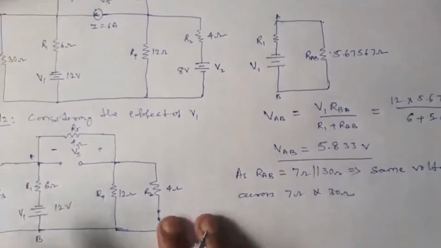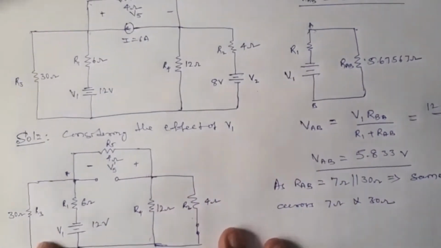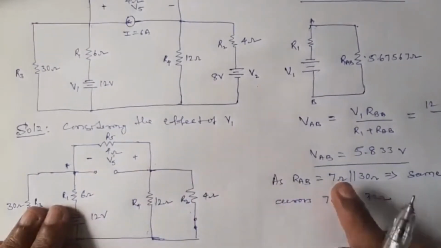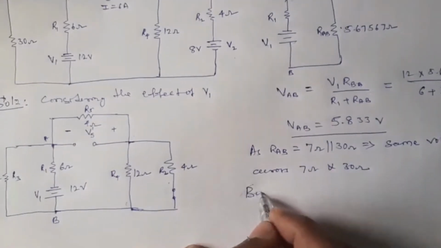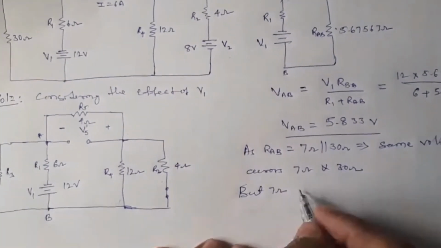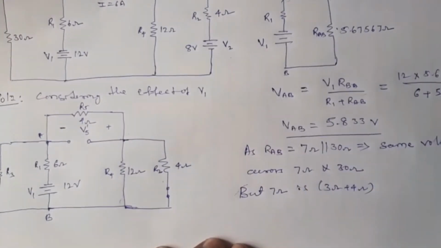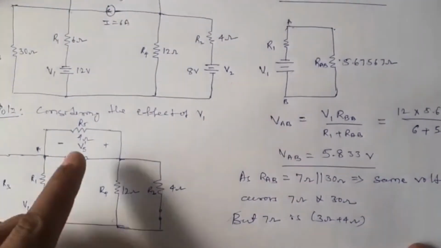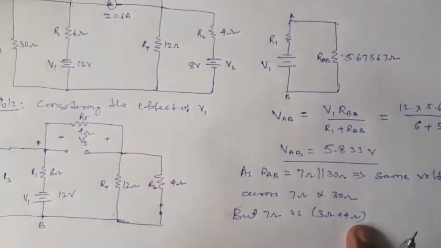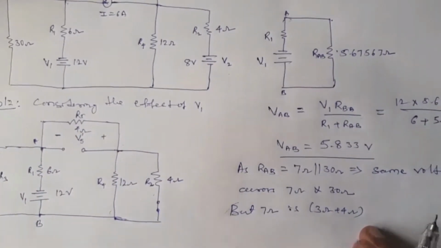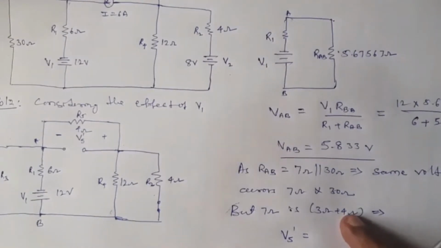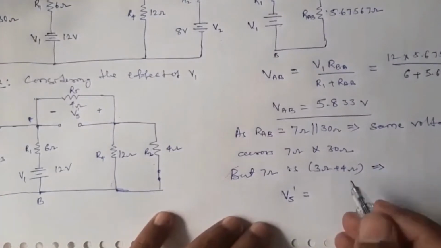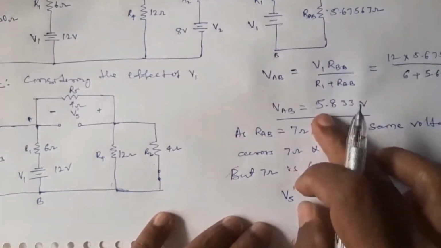Now we are not interested in the voltage across 30 ohm, but in the voltage across this 7 ohm, because our 4 ohm is also in it. This 7 ohm is actually 3 ohm plus 4 ohm. Because we are interested in finding the voltage across 4 ohm, which is a series combination, the voltage will divide. So this implies V5 dash, the voltage across the 4 ohm resistor, is given by VAB, because the same voltage will be there,